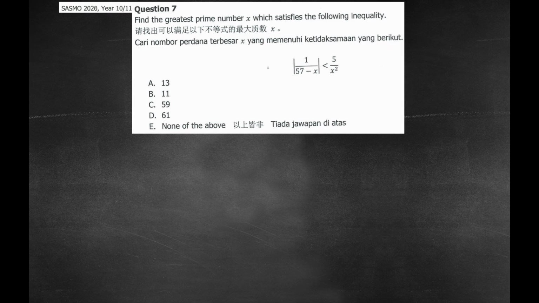Question number 7. Find the greatest prime number x which satisfies the following inequality. Now, if you look at the left-hand side of this inequality, I'm dealing with the modulus function. And if you recall, according to the modulus function, it depends on what we're dealing with. Inside this absolute value, it could come out as positive or negative depending on the nature of the value inside